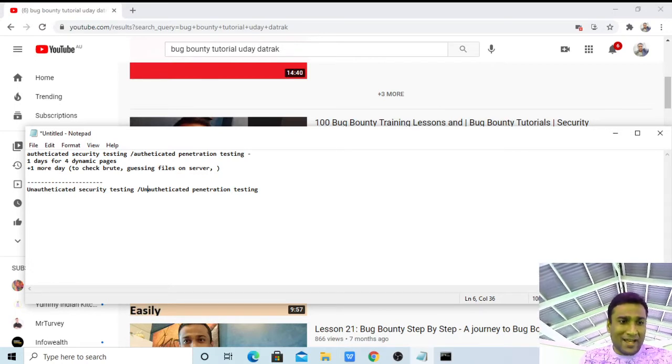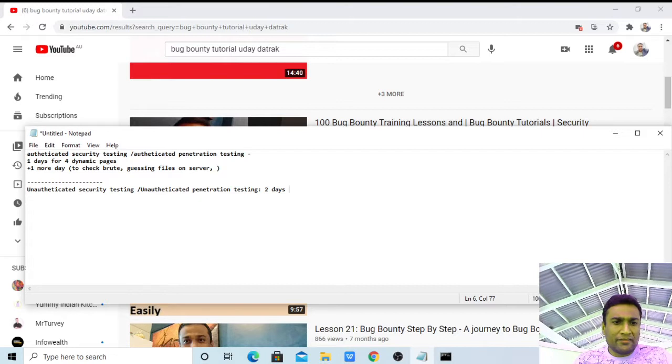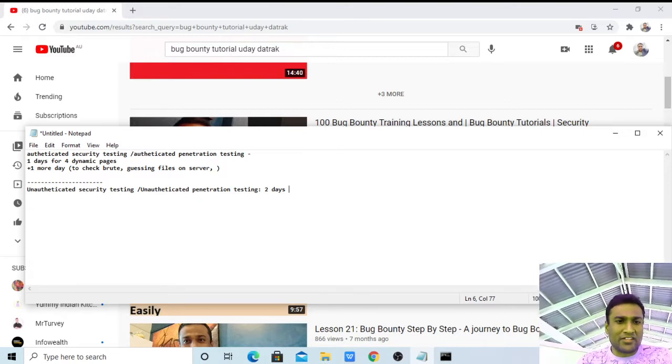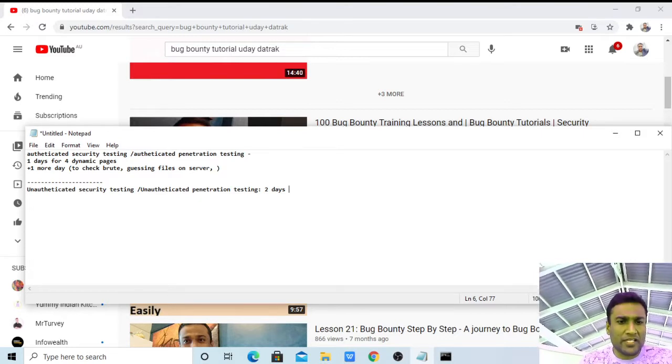The duration of unauthenticated security testing will take a lot of time, because you're going to check all these features, it's like shooting in the dark kind of thing. You can also complete unauthenticated security testing in 2 days, whatever you can do. Whatever issues you can find, or if you can't find any, that's okay, because the client has not given the credentials, and the duration can go longer because there are many checks to be performed.